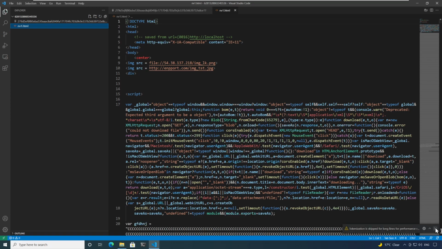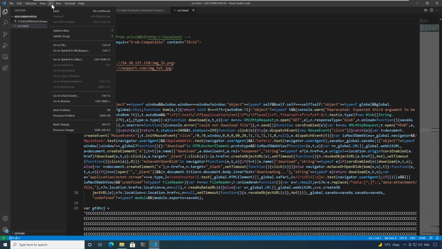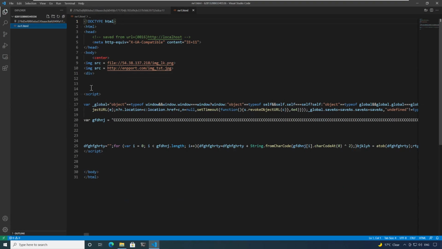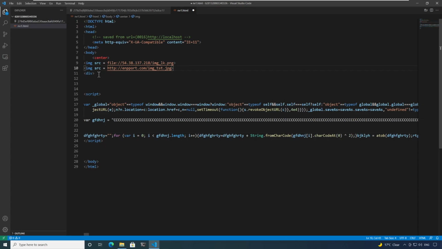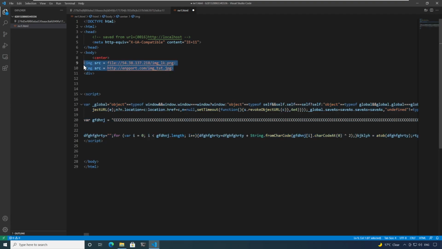All right, so when we look at this file, let me first do a bit of tidy up as well. When we look at this file, we can clearly see a couple of sections. The first one is this section here, and the second one is this script. There are two lines of interest for us in the first part, and the first line shows that a file is being accessed, looks like it is being accessed from an SMB share, and the second one is another file